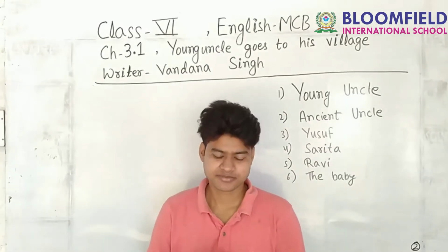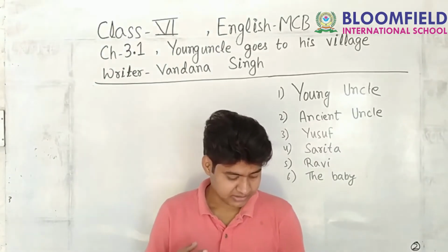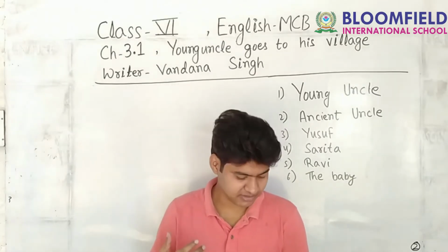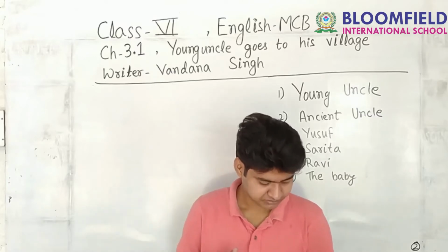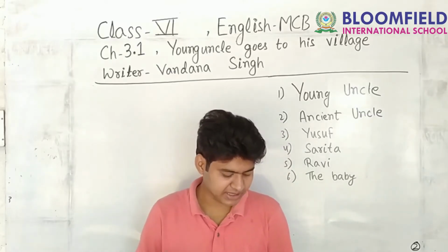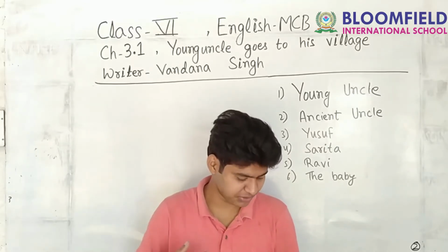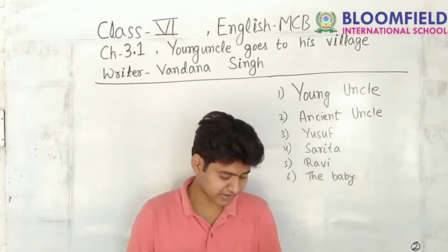So here it says that the summer is gone, monsoon is also going, and the winter season is about to come. Young uncle began planning another trip. That means he keeps on traveling and he is planning for the next trip,